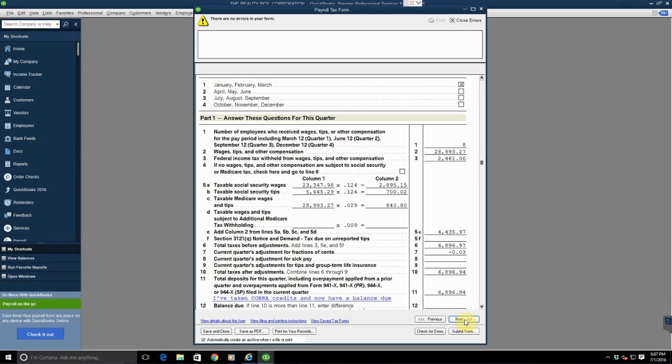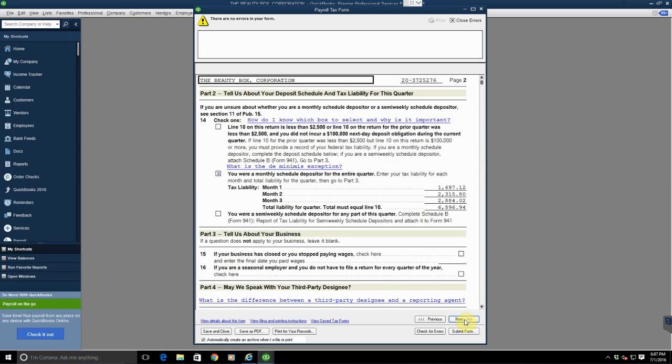So that's pretty much it. I don't think there are any other things you need to know. It is saying here that you're a monthly payer, so we need to pay the liabilities on a monthly basis. That's because you owe more than $2,500. And to pay them, all you do is go to the pay liability section, and I'll send a video on